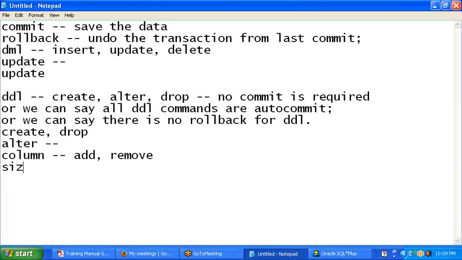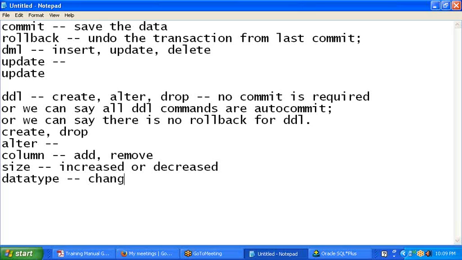What else? Size. Size can be increased or decreased. Fine. What else can we do? What about data type? Yes. Data type can be changed. But one more point is there, and this is important: if I am talking about size and data type, they can be changed